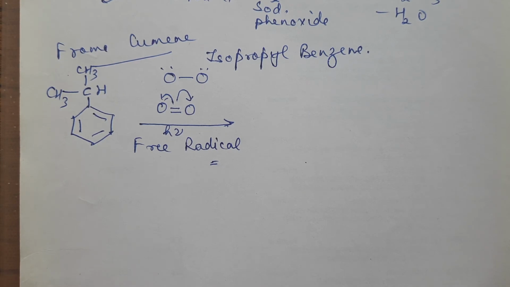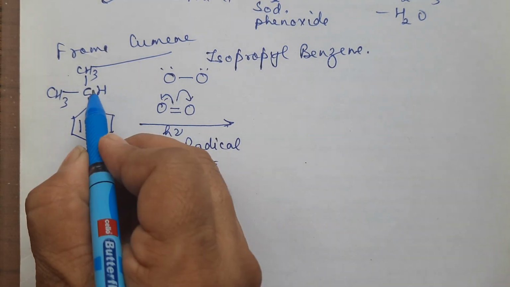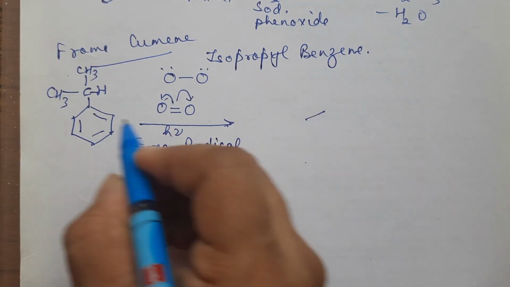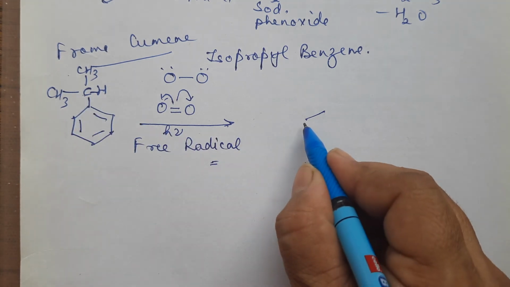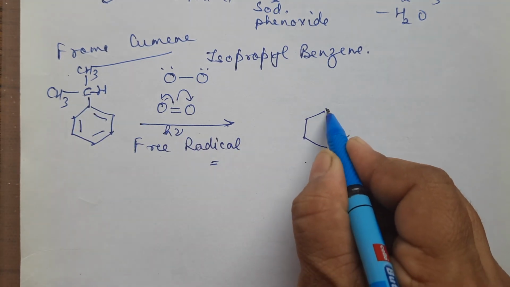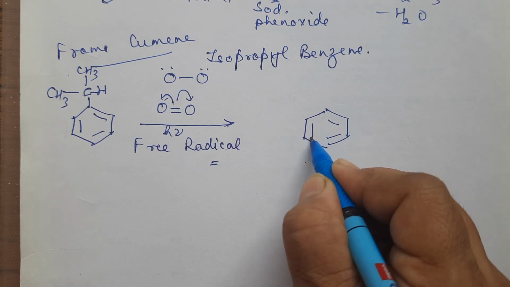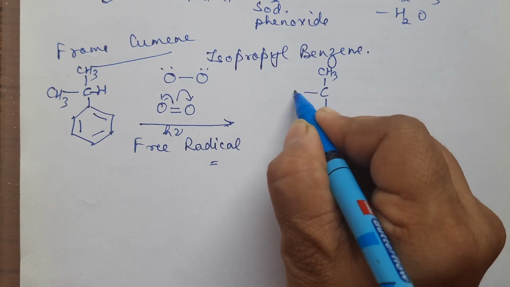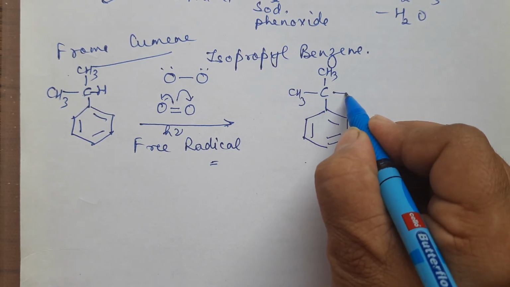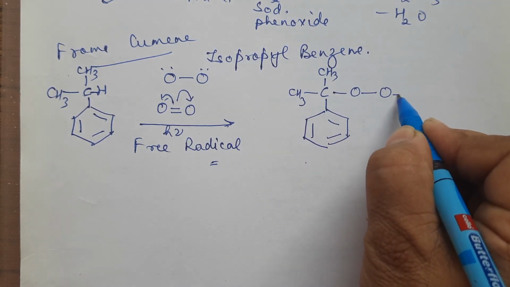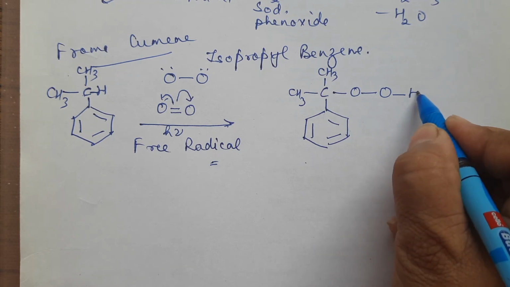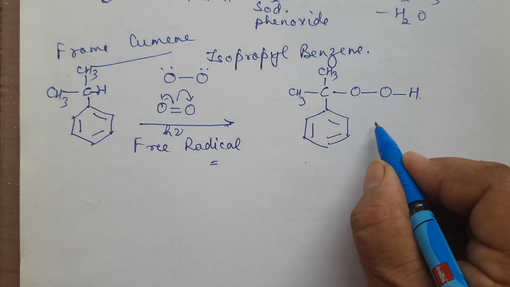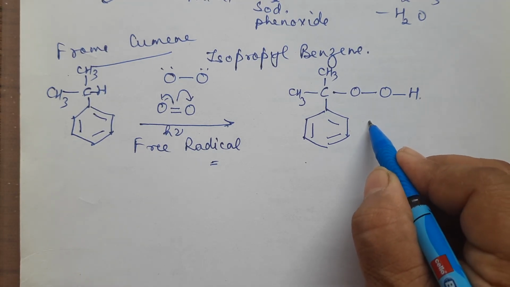So when that bond has broken, this will try to come in between carbon and oxygen. Between this carbon and hydrogen, these two oxygens will fit in. So what we get is, this we will write as such, CH3 over here, CH3, and the two oxygens with a single bond will get attached here, and you will get it like this, right?